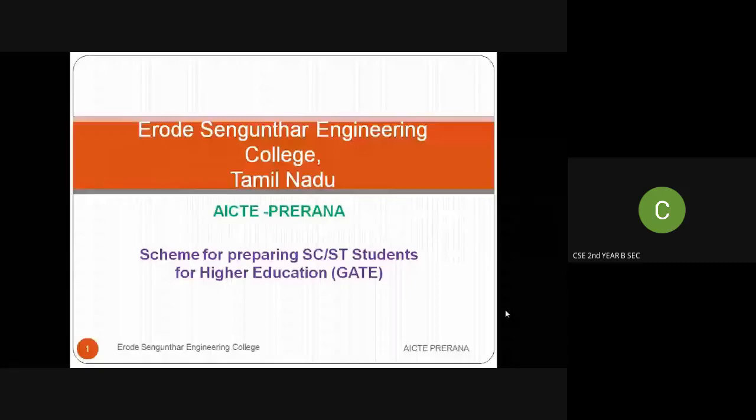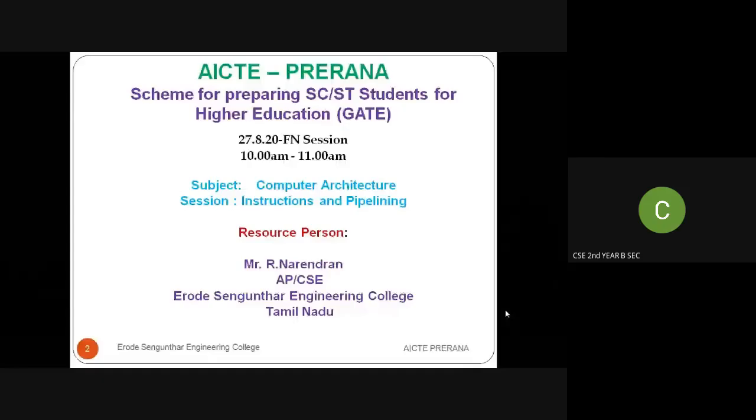Today we are going to see about instructions and topics. Here it goes. It is the subject computer architecture and its organization. Okay. So today, as we have already seen what is meant by instruction and what are the tactics involved in pipelining and how instructions are processed for improving the performance of the computer by means of pipelining. Okay. So we are going to see about GATE related questions related to that.